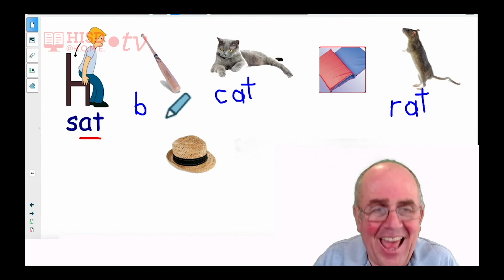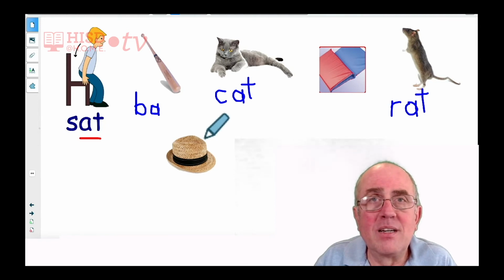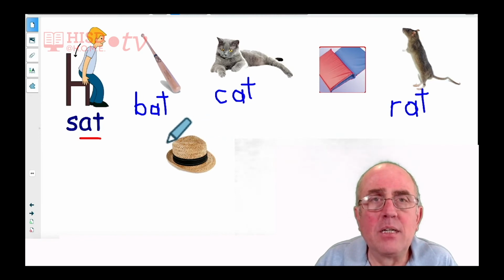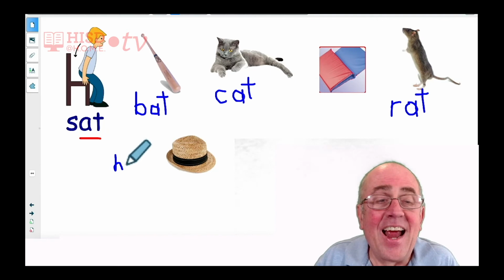Bat would be B. Make the circle there. At. A-T. You all are doing a really good job. B, A. Oh, I forgot the last letter. Bat. T. Hat. Hat. H. You are right. Hat is H, A, T. My A is not very good there, but it's sometimes difficult